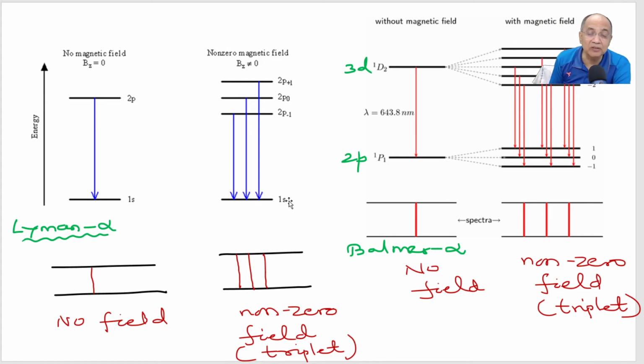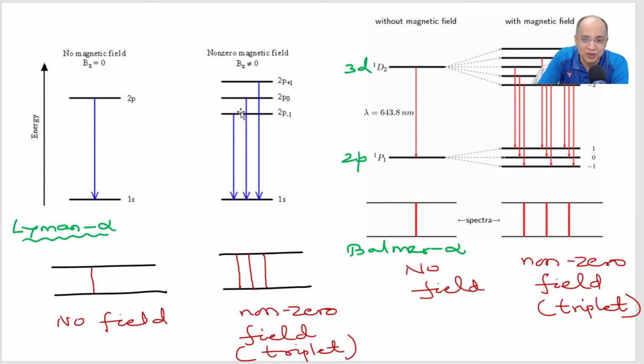And S orbital has no other, because 2L plus 1, L is equal to 0 means only one state, that is 1s. So one transition energy in the absence of field will be converted to 3 transition energies